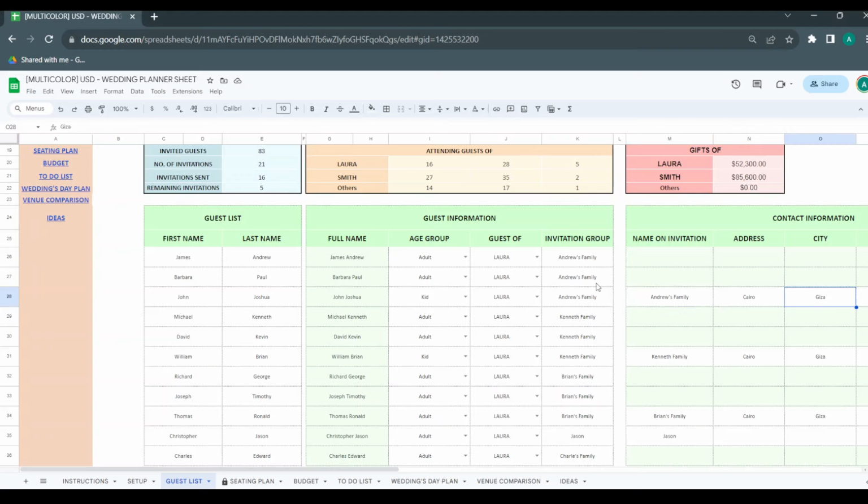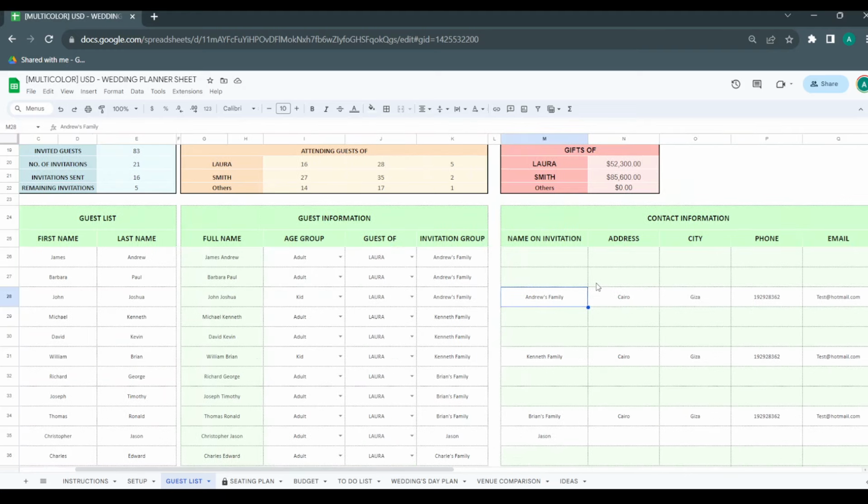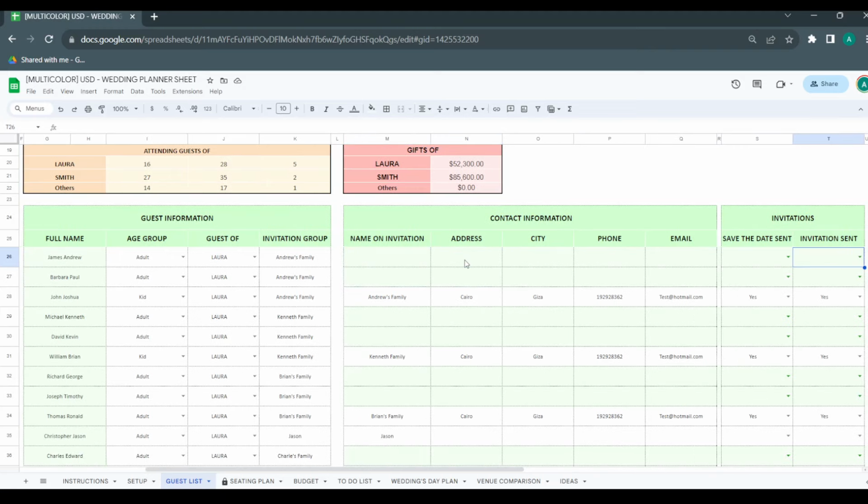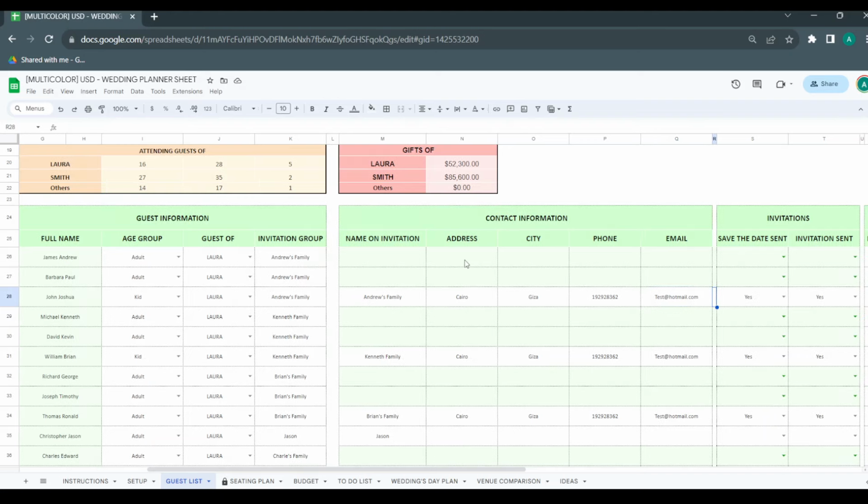So here, of course, if you're doing your wedding, you will have to send the invitations. For this family, you have to send only one invitation. So you will find that the first two rows are shaded in gray so that you don't do input here. And then this is going to be in white. Here you have to write the name of the invitation, the address, the phone number, the email, and